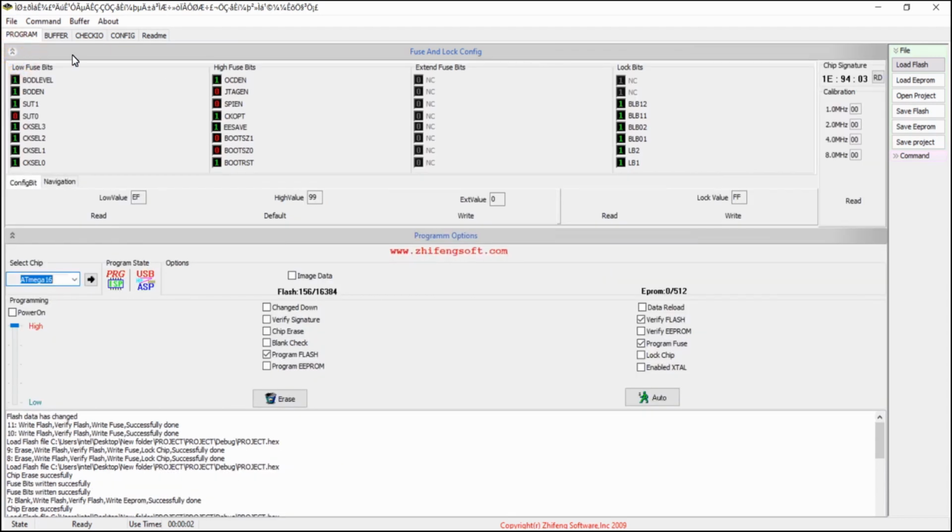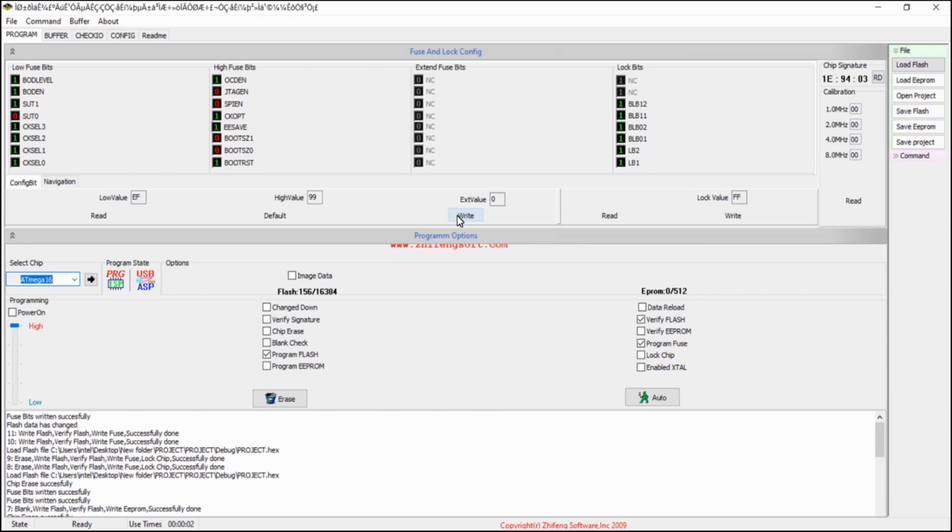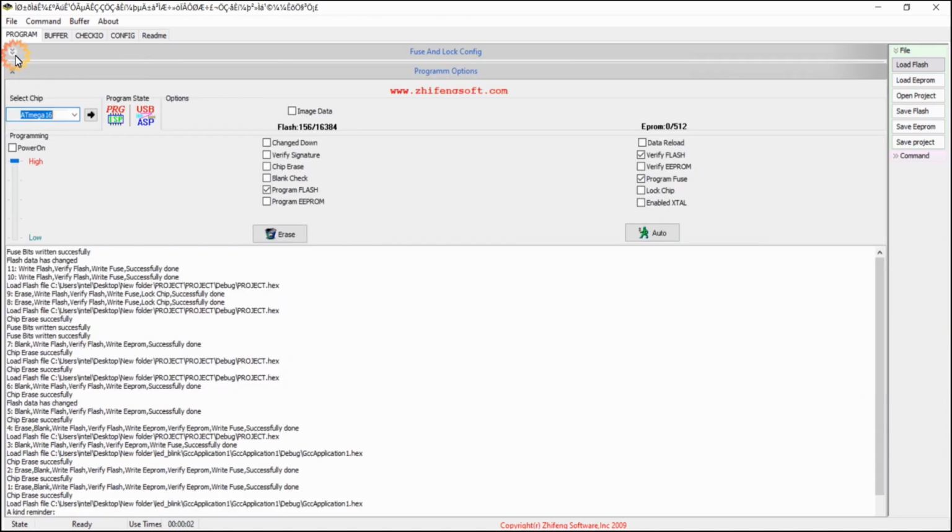Go to the fuse and lock configuration bits tab, and here set clock selection 3, clock selection 2, clock selection 1 and clock selection 0 to be 1. These 4 bits must be 1 for selecting the external crystal oscillator. And now click on this write and you can see the fuse bits will be loaded.